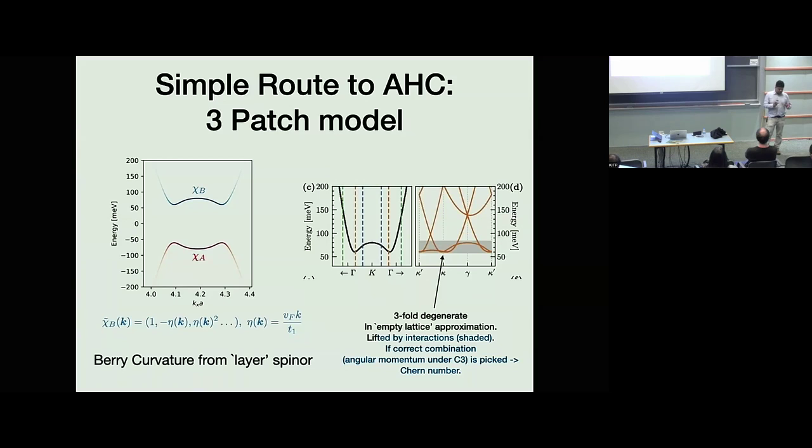Now, this question about the form factors, it's kind of related to picking out the right combination over here of C3 eigenvalues. But I don't know how to translate it into the kind of form factor you want. Okay. But it is that the potential picks out the angular momentum 1 or minus 1 at the K and K prime points, rather than the angular momentum 0. So it may be non-trivial, or the band itself is supplying the non-trivial winding for the spinors. I don't know. There's something to think about there.